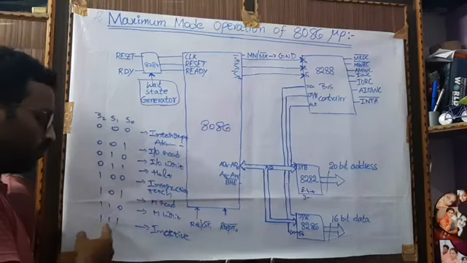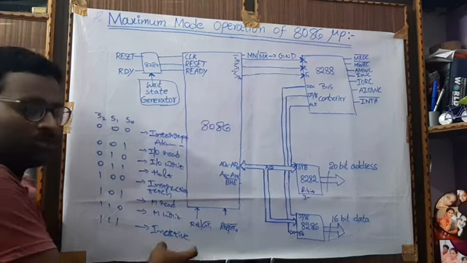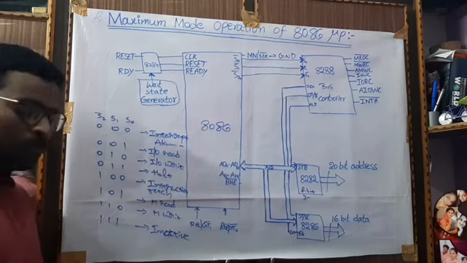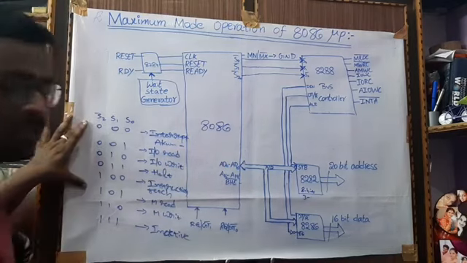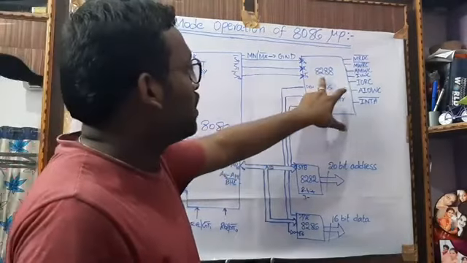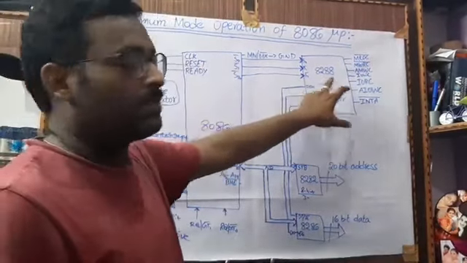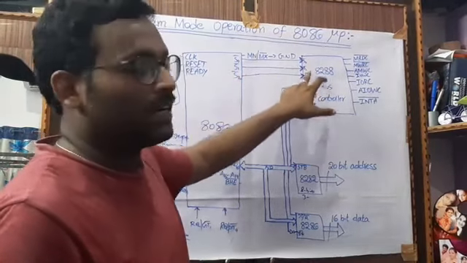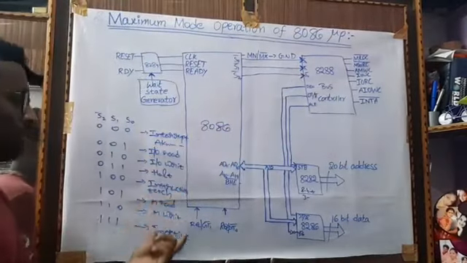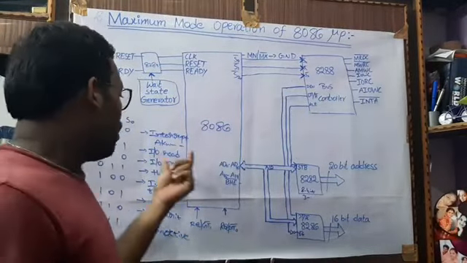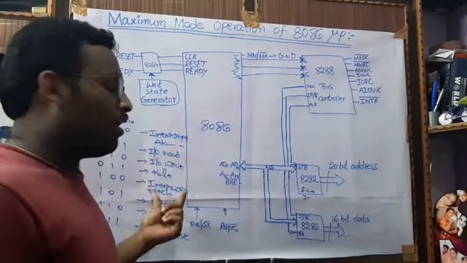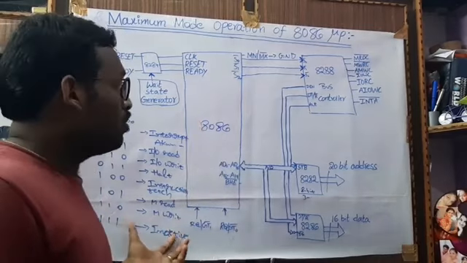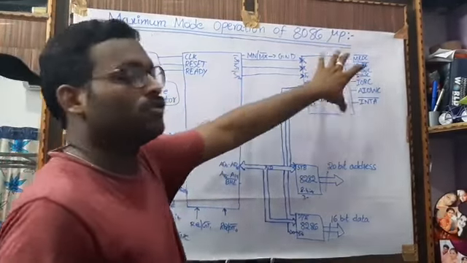Okay, 111 indicates inactive state. So in this case, the 8086 is in inactive mode. Okay, so this is all about the status signals here. 8288 is a bus controller which has the inputs of these status lines, which will control all these operations. Previously in minimum mode, all these read and write operations and all the controls are within the 8086 only, but in maximum mode all the controls are done by 8288.